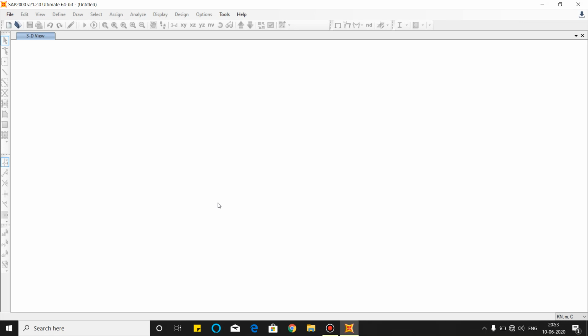Today I will give you a demo on SAP 2000 software, and I will explain how to open it and what the graphic user interface of SAP 2000 is. I will also provide a full tutorial to make different model analyses. Today I will give you a simple example of cantilever design. So let's get started. First I will give you an overview of this program.